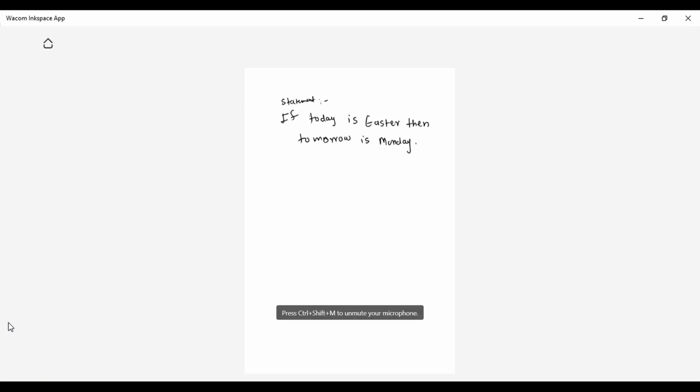Okay, this is a simple statement they have given, and they have asked to find converse, inverse, and contrapositive of this given statement. How will we go, student?